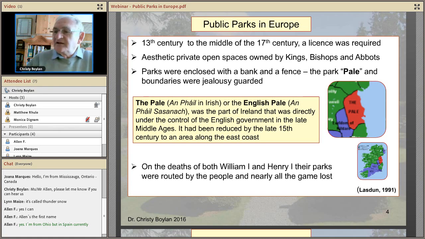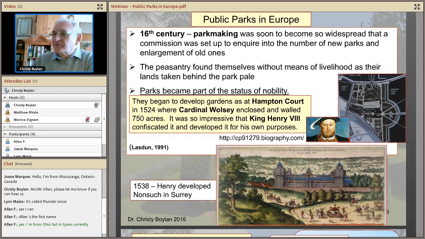And while Ireland was invaded by the British back in the 11th century, and for 800 years they lived there, during the period of the Pale, they only lived in this little period on the east coast. So it was the part of England that was directly under the control of the English government in the late Middle Ages. And on the deaths of both William I and Henry I, their parks were routed by the people